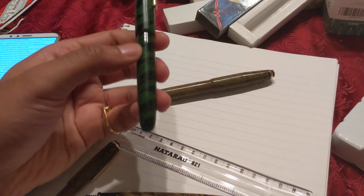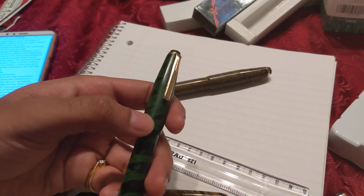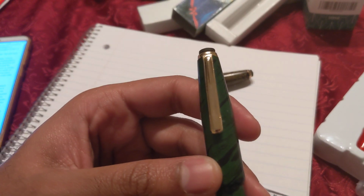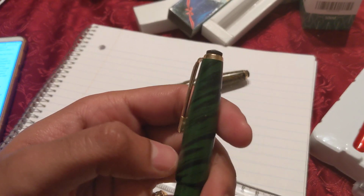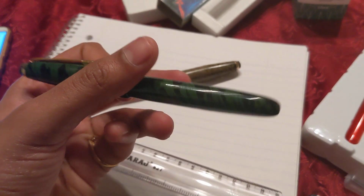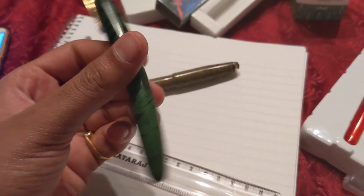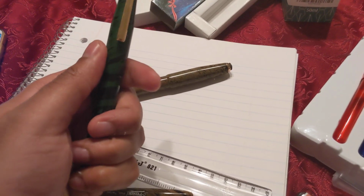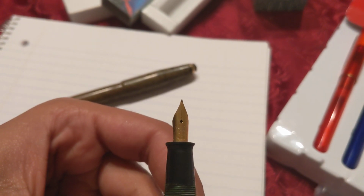So next comes the pen that I liked most. You don't see any arrow clip, but you see the air vent, and the barrel doesn't have any Prasad Pens or any brand name on it. But this is a regular screw system. Let me open it for you. So the nib is very interesting. It's a golden